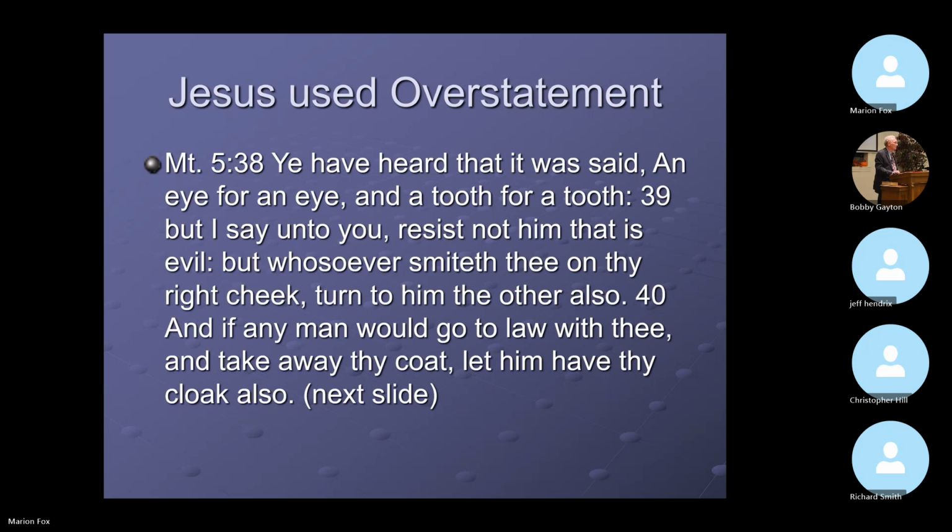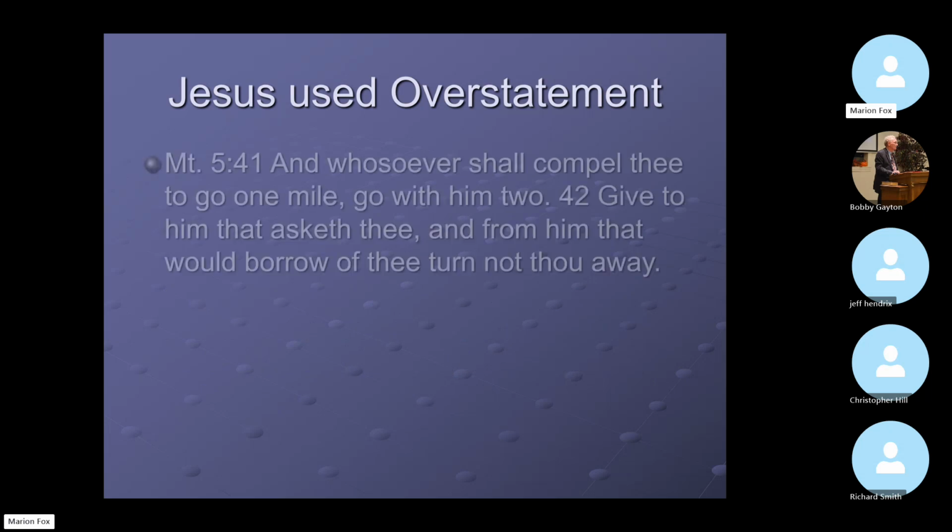Okay? If you go to law, and they take away that coat, let him have that cloak also. Here in this passage, you see right here that the man is going to law. He's going to take your coat. Why? Because under the law, you have forfeited it by maybe a debt or something of that order, probably a debt here. So you actually owe it. So be willing to give what you have to give to take care of your debts. And of course, that's what we see here.